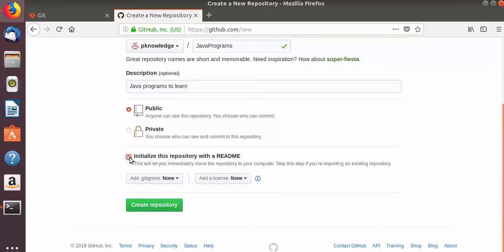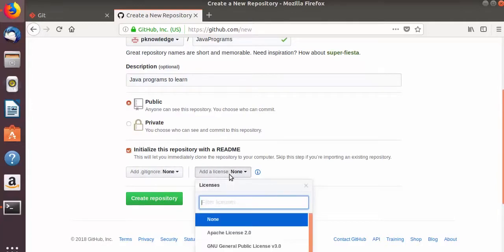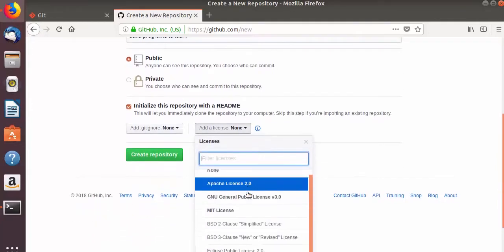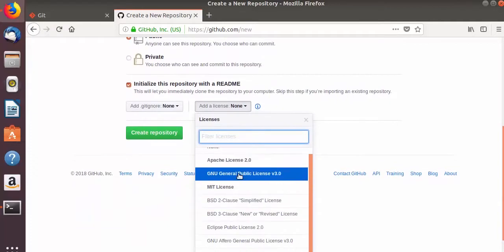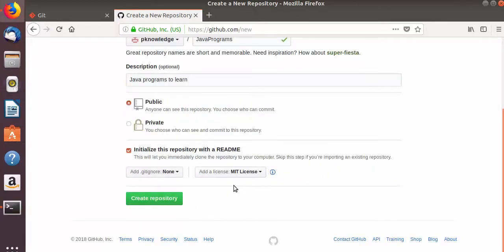So I'm going to just check this checkbox, and here you will be able to see two options. One is the license. There are plenty of licenses given here. You can choose whatever license you want to have for your repository. Let's say I want to have MIT license for this repository, and also you can see this section which says